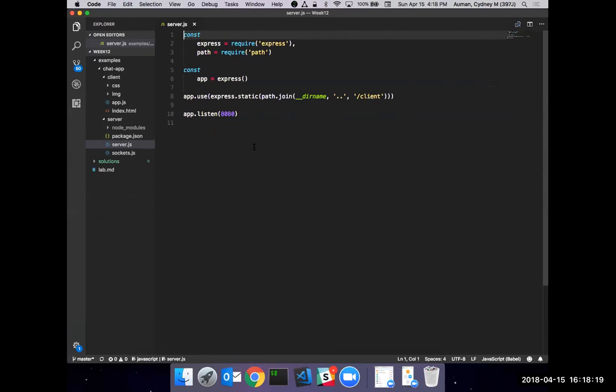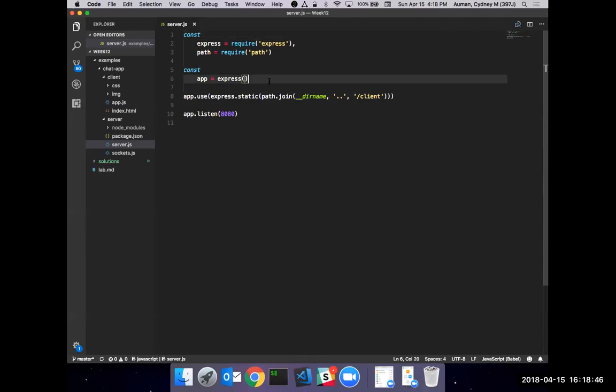So you can see here we have this server, and so far everything's really the same as before, right? We have Express, we have our path, we're requiring in our static directory to serve our view. We did that. I know it's been a while since we've done that. That was I think the week right before your midterm, week 8. So it's been 4 weeks since we've looked at a server file like this.